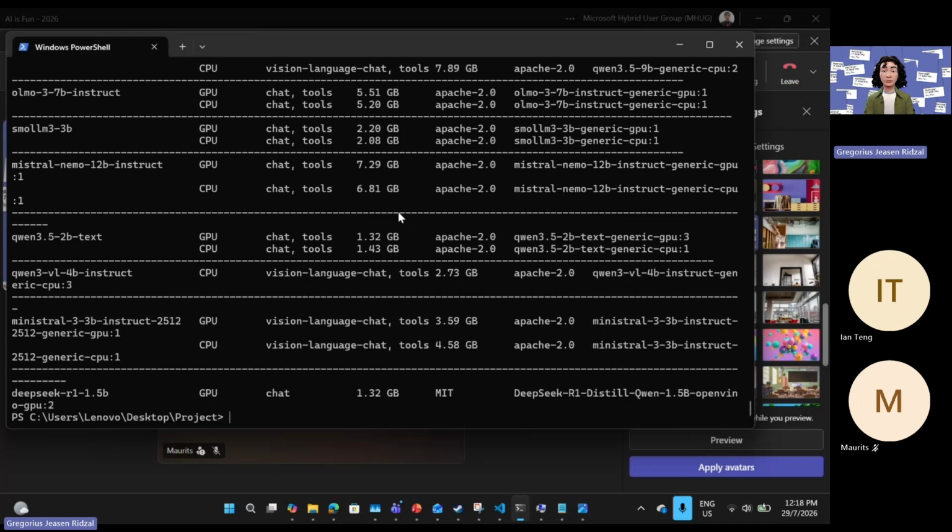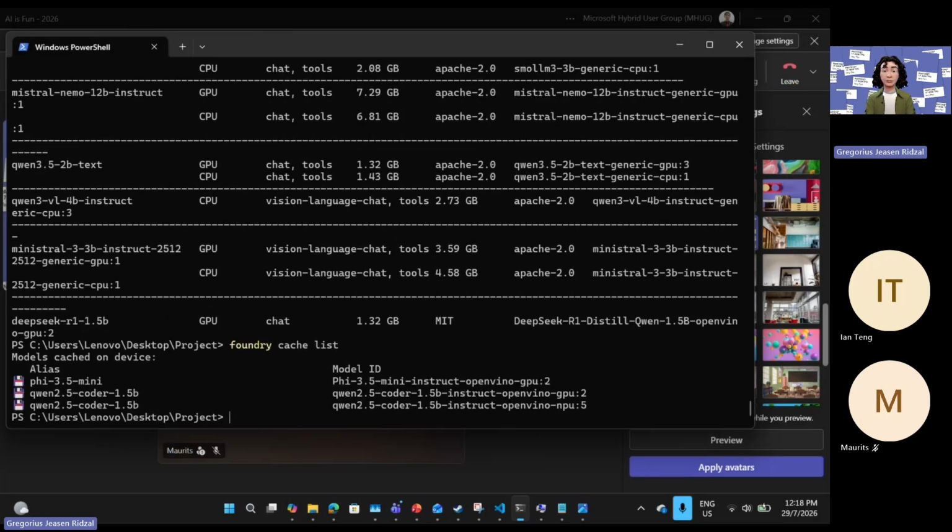So let's try running it. I can show you some of the models I've downloaded onto my machine. I think it's this. Let it load. I've got all this. I've got the Qwen models and the Phi models. I think we're going to try out the Phi models, which run on the GPU. I have an NPU one, but for some reason it's not running yet. I don't know why. I think my drivers are outdated. But let's try giving some tests. Foundry. I think it's this.